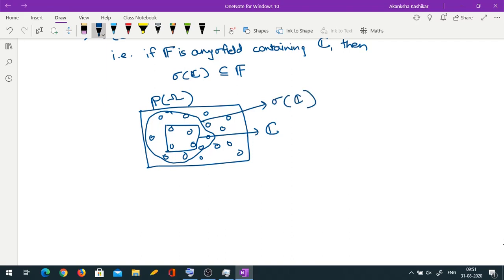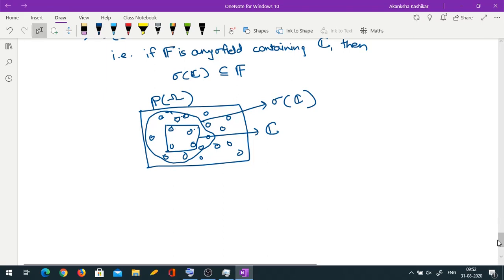So when would I say this is a sigma C? If it contains the unions and complements and intersections of all the sets inside it. So first it's a sigma field, then it is a superset of C, and thirdly it shouldn't contain anything extra. We are saying it is the smallest sigma field containing C, so it shouldn't have anything extra. It should have the bare minimum. Only the sets in C and their complements and intersections and unions and other sets required to make it a sigma field. For example, if this is the complement of this and if this is the complement of this, then I need the union of these two also, so it may be here already. Okay, so this is what a minimal sigma field is.